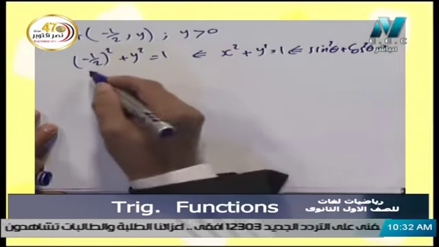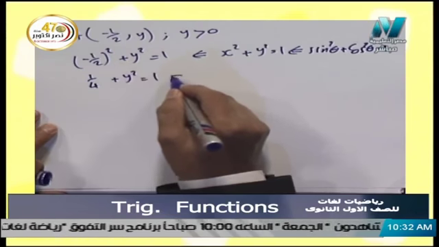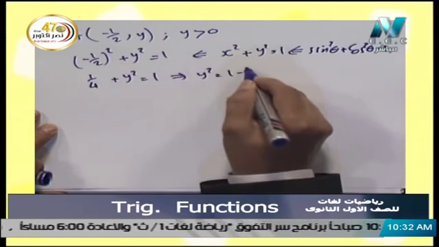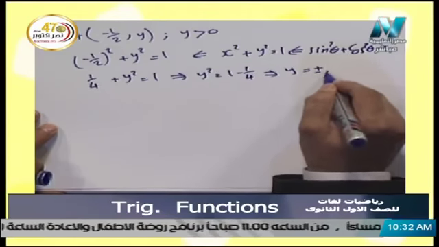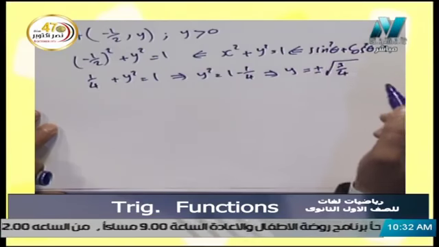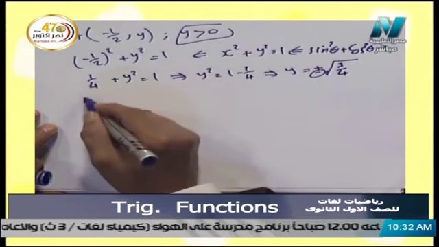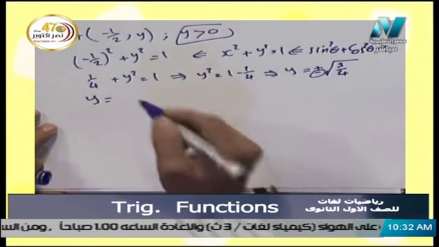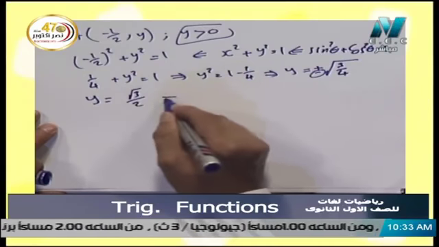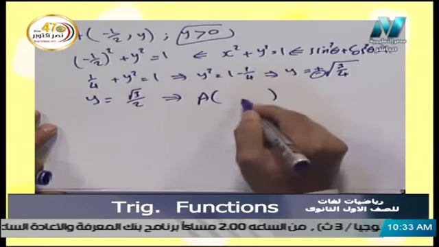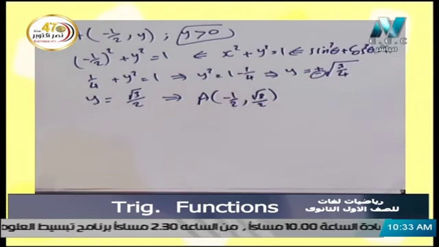1. From this equation we have 1 over 4 plus y squared equals 1, and so y squared equals 1 minus 1 over 4. So y equals positive or negative square root of 3 over 4, and we cancel the negative because y is positive only. So we have positive root 3 over 4, which is root 3 over 2. So again the point will be (negative half, root 3 over 2),